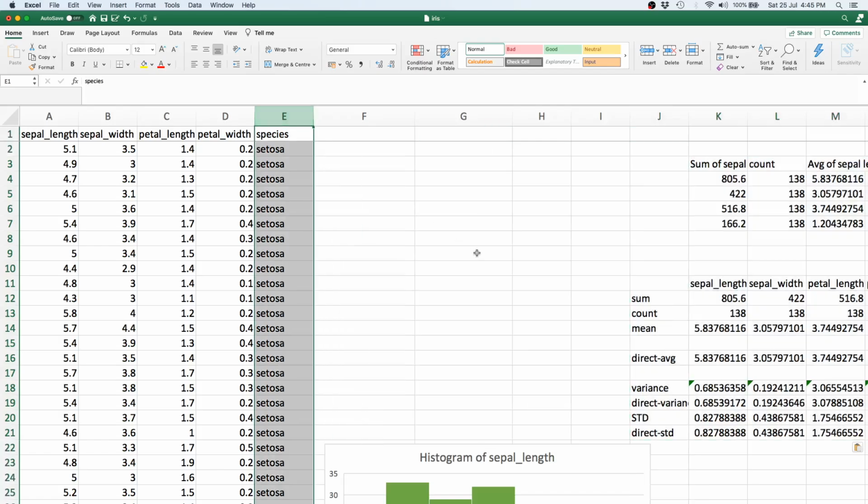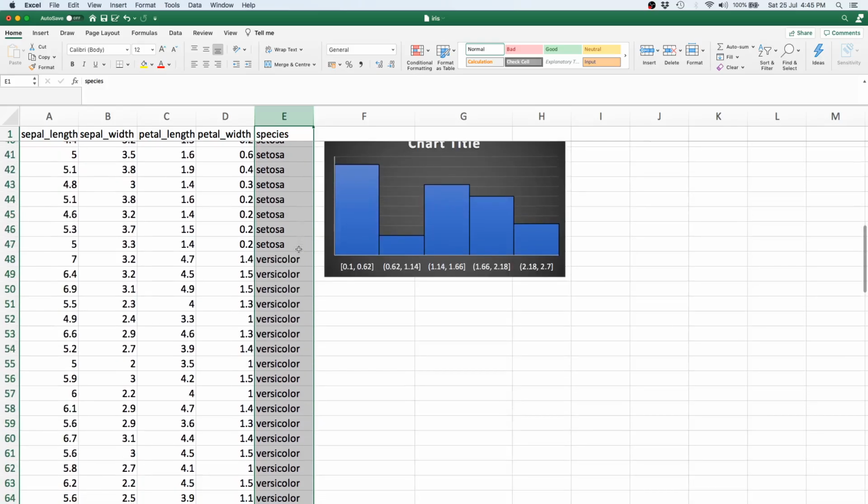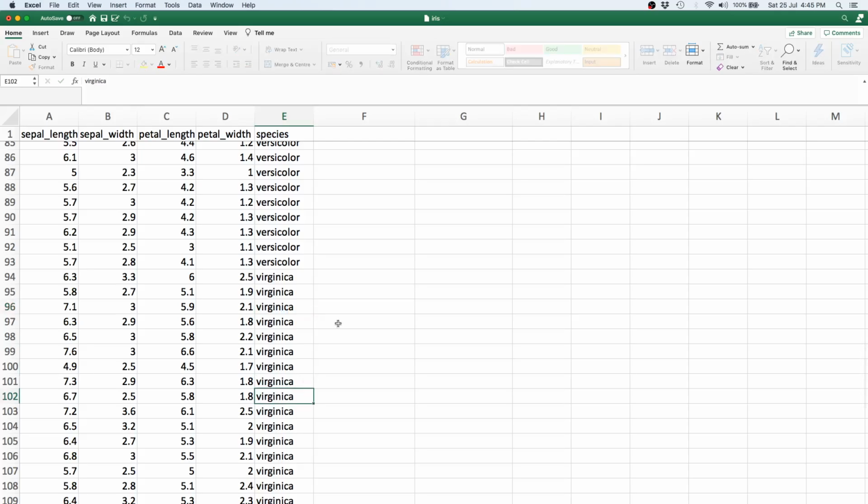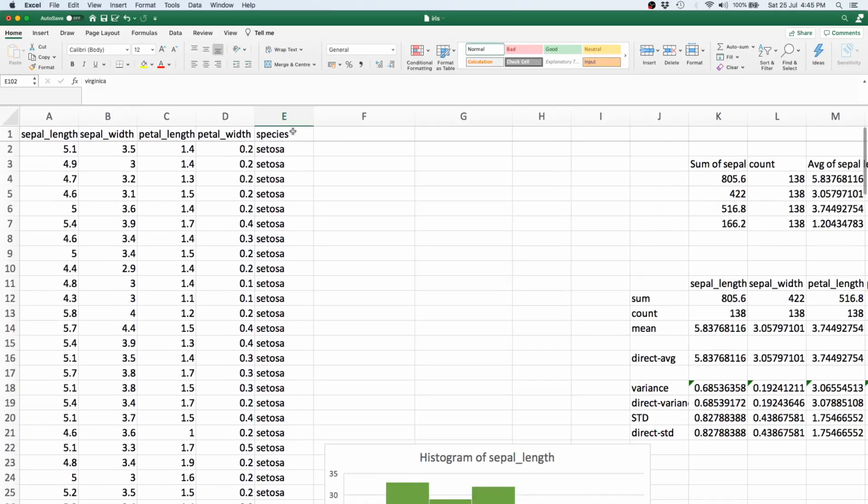Now, as we know, the only thing we can do with categorical data in this case is count it. It doesn't support any other operations. In order to count how many different values are present and how frequently they occur, the first thing I need to do is figure out what are the unique values that are actually present. So for example, let's say I have this column E, which is the species column, and I want to figure out how many different species there are. If I do a quick scroll, I see that Setosa is there, there's Versicolor, and there is also Virginica in some parts of the data set. However, I want to programmatically find out using Excel which are the unique values.